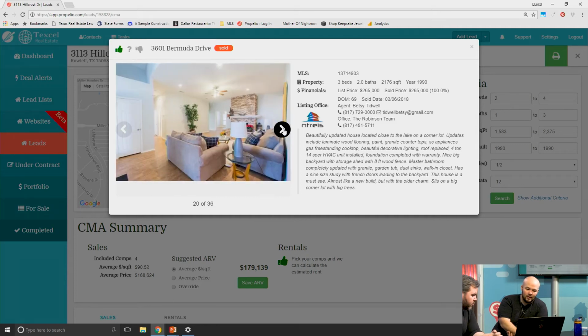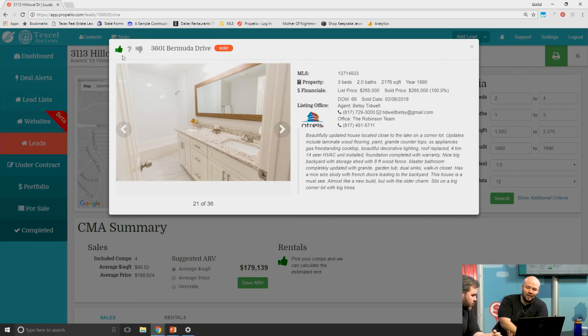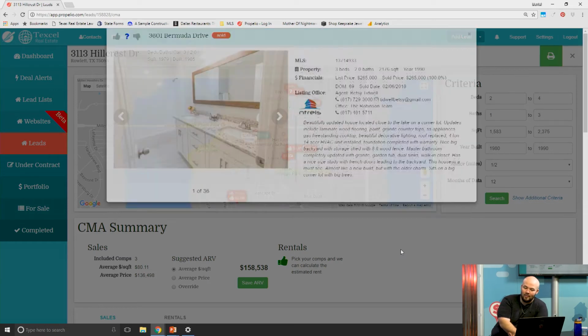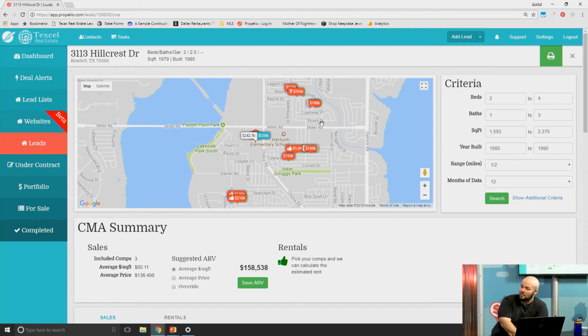But it's remodeled. So if I thought this was comparable, I have 3 options. Up here, I have 3 choices: thumbs up, thumbs down, or a question mark. If I think it is a comparable property, I give it a thumbs up. Obviously, if I don't think it's comparable, thumbs down. And if I'm not quite sure yet, I'll give it a question mark. So on this one, I'm not going to discount it yet because I haven't seen what other properties I have to choose from, but I'm going to give it a question mark because it being a 2-car rear entry garage versus a 2-car front entry garage, I'm not positive on that yet. So by giving it a question mark.